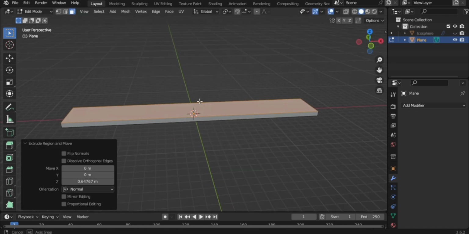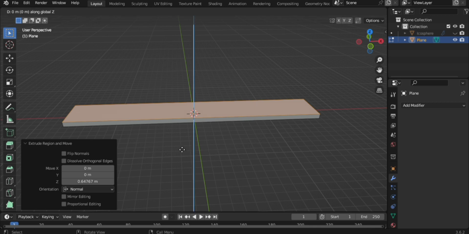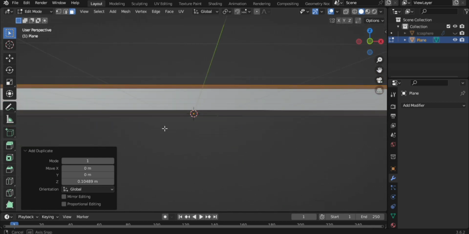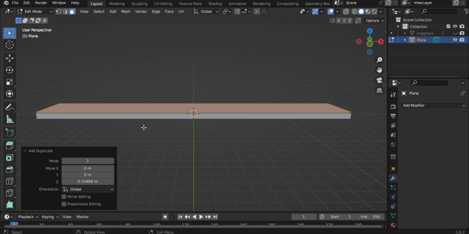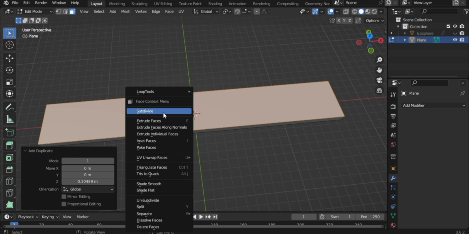After that, what you want to do after extrusion is Shift D and then just duplicate on the Z like that. This top part is what we're going to be using for the grass. So subdivide it